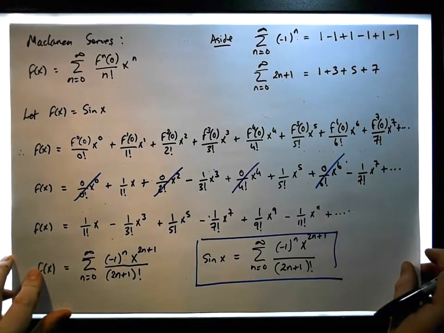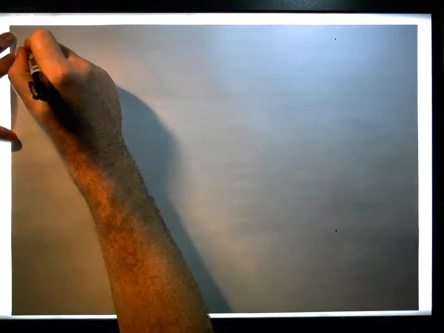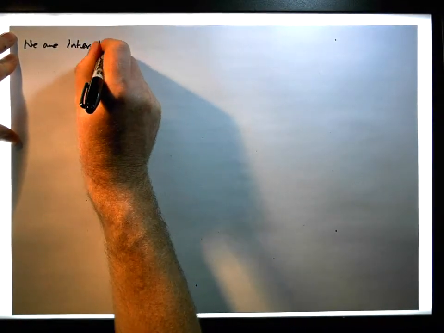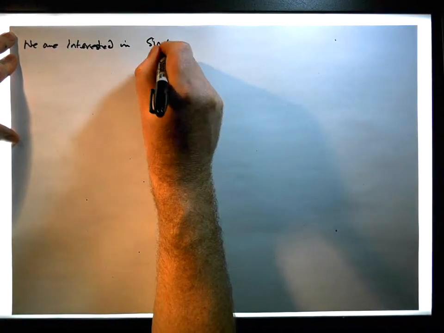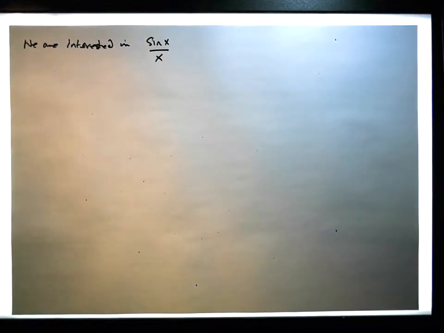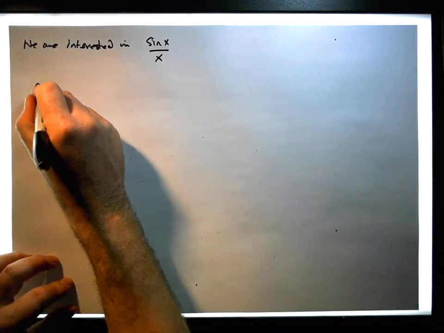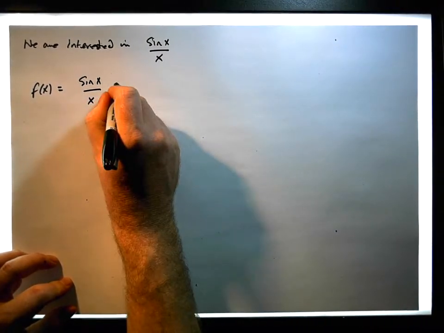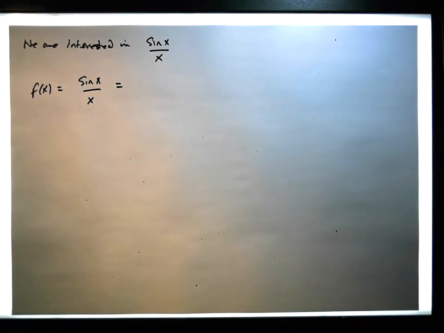Okay? But we're interested in sine x over x. Okay, but hang on. So f of x equals sine x over x is the same as, well, sine x from the Maclaurin, from